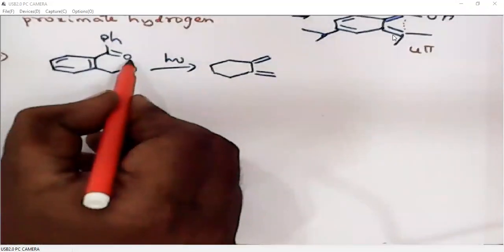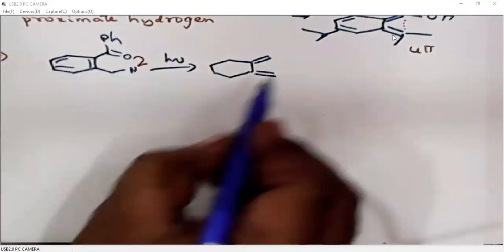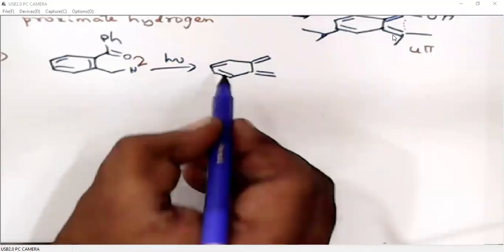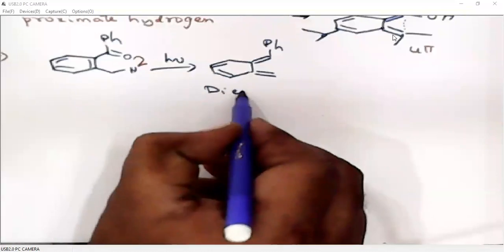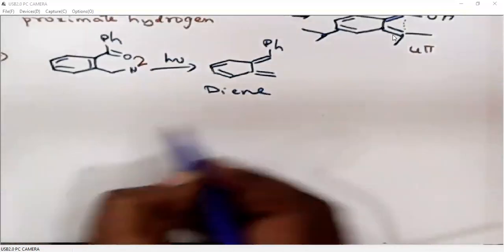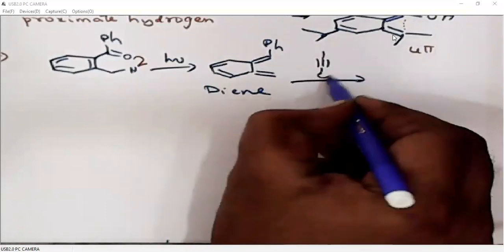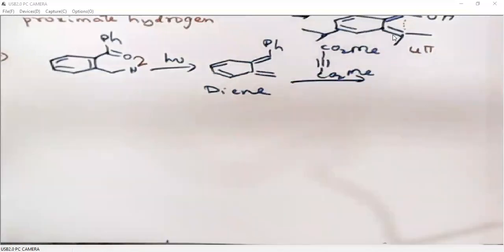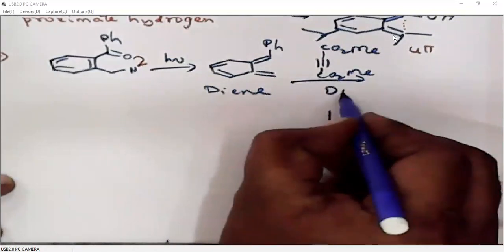Oxygen which generates a radical will pick up this hydrogen radical. So the rearrangement of electrons will generate this benzenoid. Now it is a good diene for a Diels-Alder reaction. So when it is treated with a dienophile, CO2Me, it involves a Diels-Alder reaction